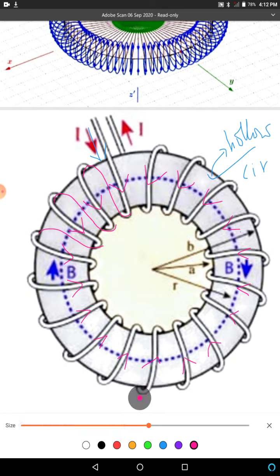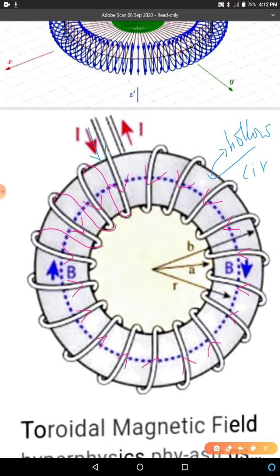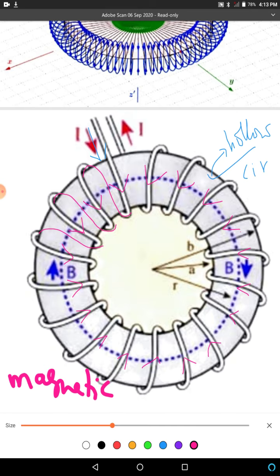When this electric current passes, it will produce a magnetic field. But what is the direction of the magnetic field? You can observe he has given it as B. It will be